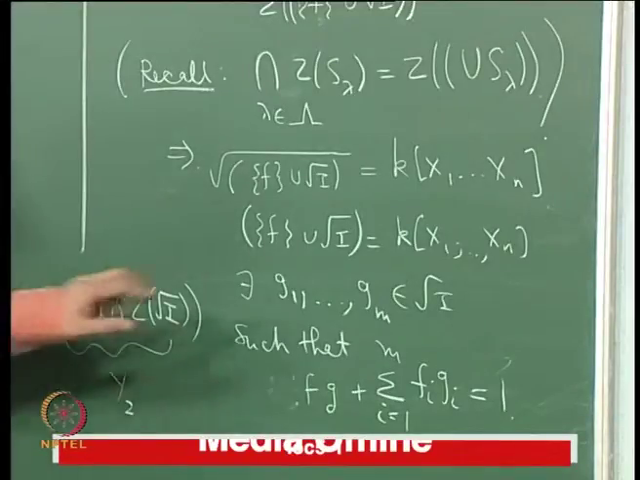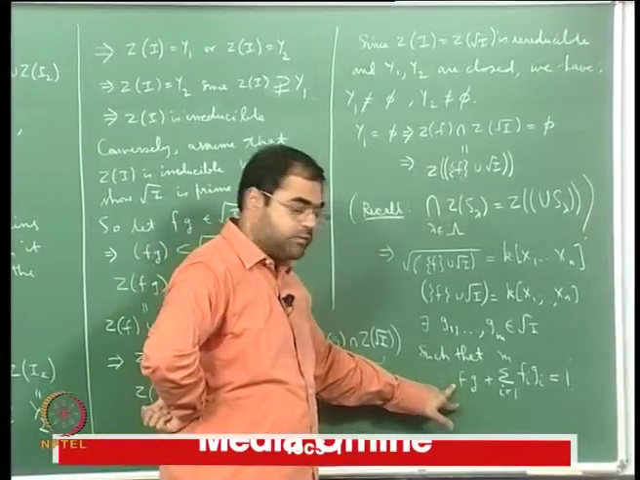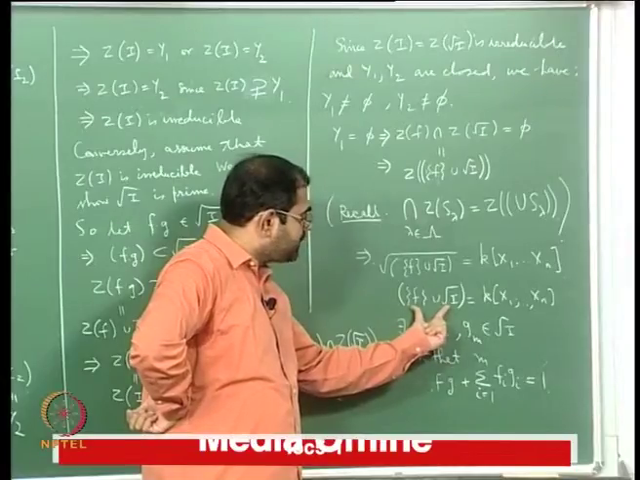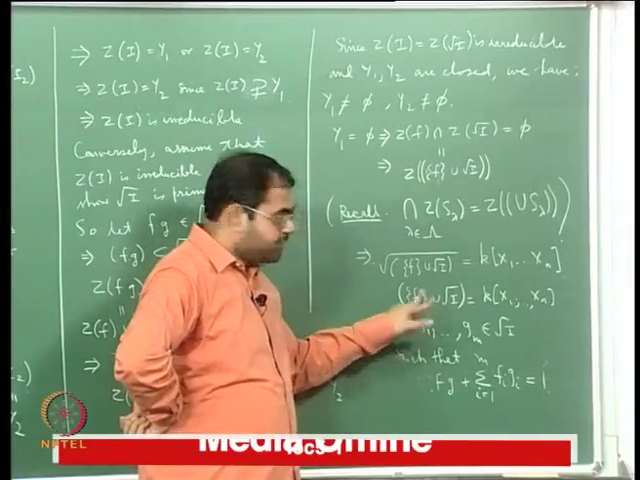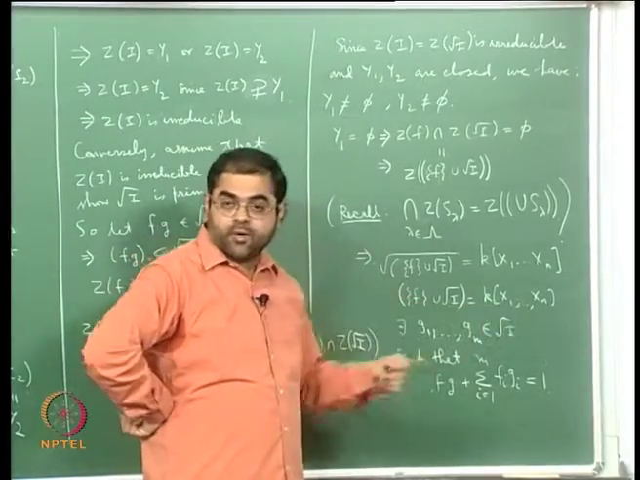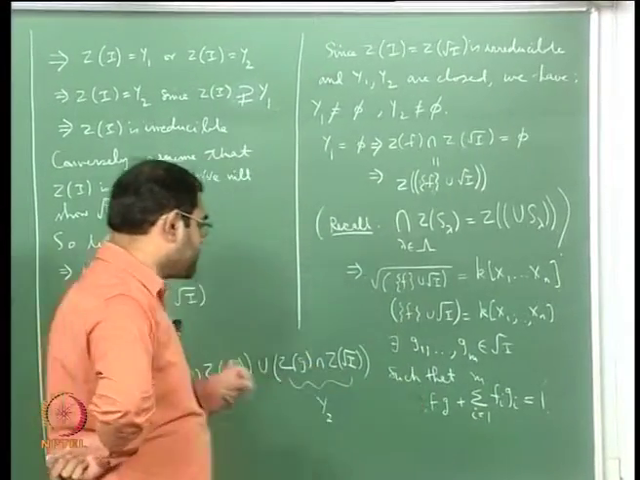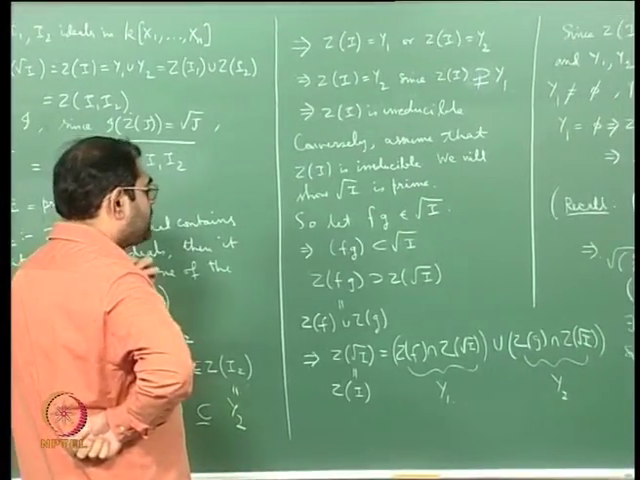An element in the ideal generated by the union like this will look like this. You have to pick finitely many elements from this subset and then take ring linear combinations of that, and such a ring linear combination is equal to 1 because 1 is there on the right side. And now from this we will have to say that